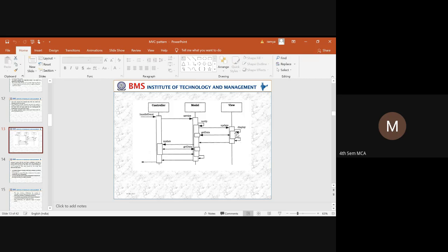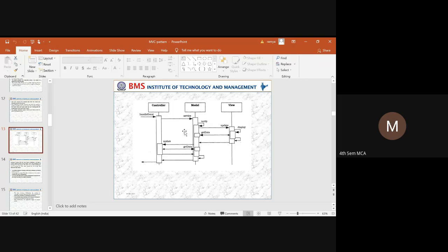To represent that data, the view has to get the data. The data is in the model, so the view communicates with the model.